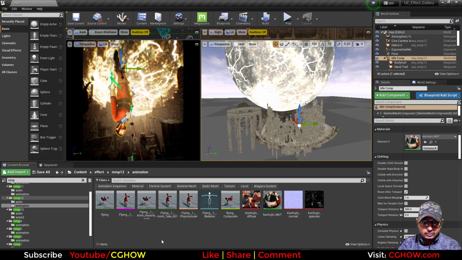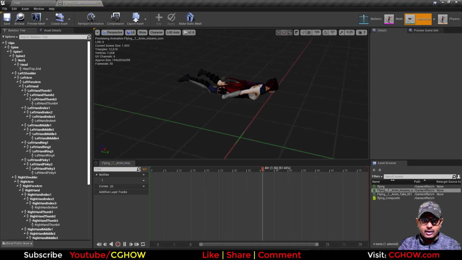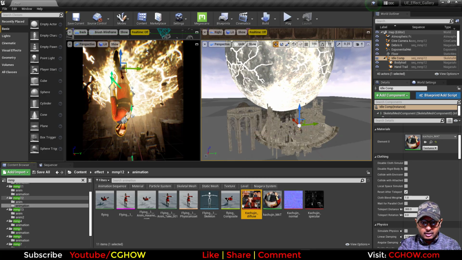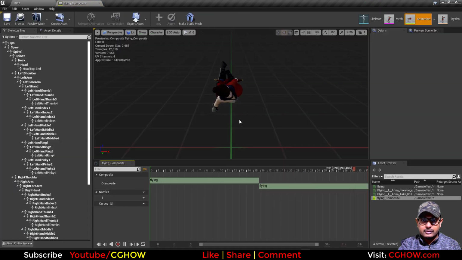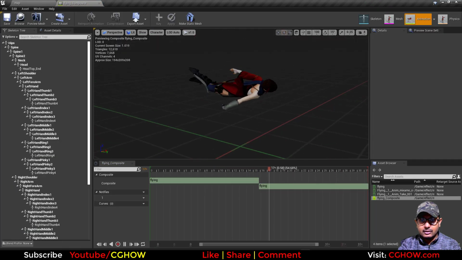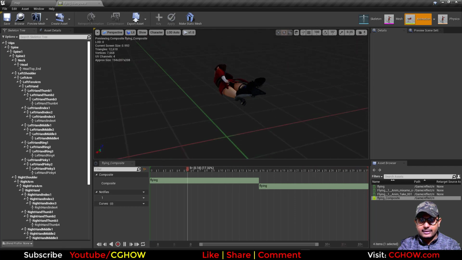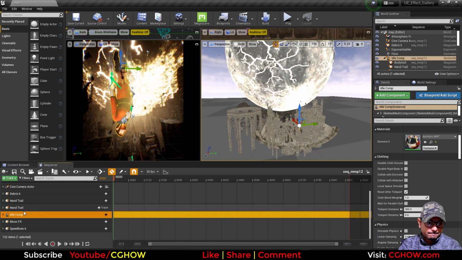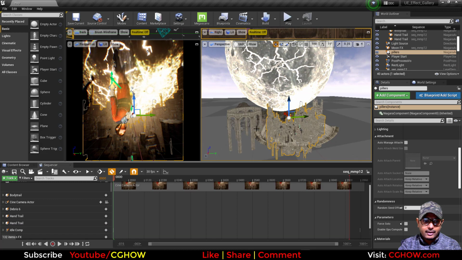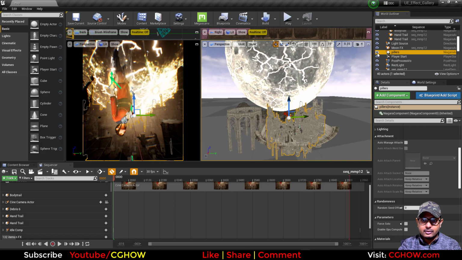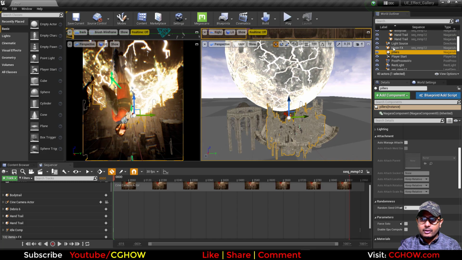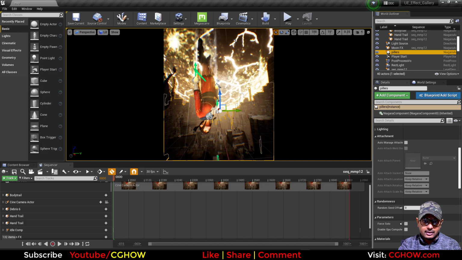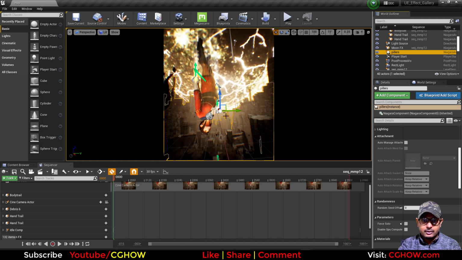Let me show you. This is the animation I found on Mixamo. She is flying, and then I just made a composite of this, and I tweaked the bone position so you can see the legs are different in this one. Then I have this effect, these pillars to fill this scene. See, without this my scene looks very empty, but with this it looks like there are lots of buildings and pillars filling the scene.